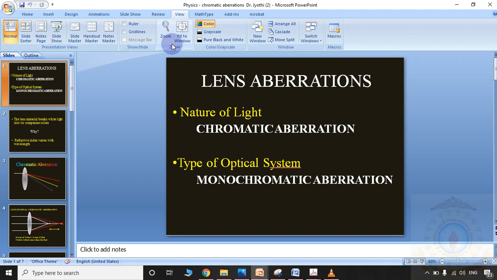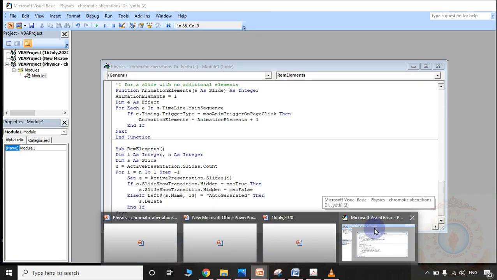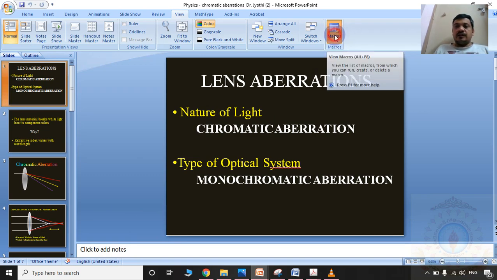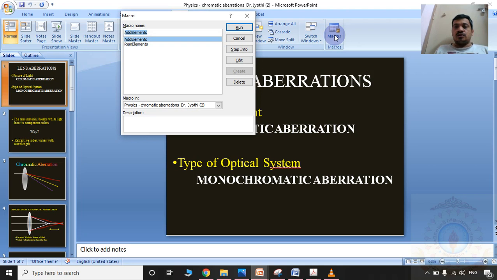Now again go to your PPT. The macro window will be opened as another sub window. Now there is no problem. You are supposed to go to your PPT and click the macros label once again. Now please observe, the run label is highlighted now. What is the reason? Previously you created a label like some ABCD and pasted some code. Now here there is a chance to run it.